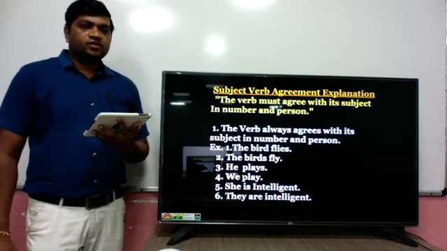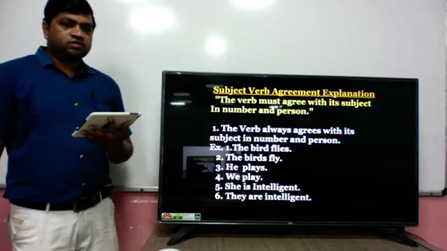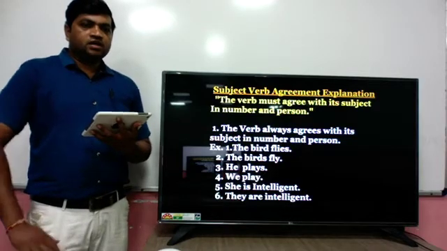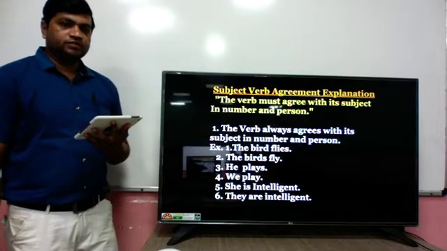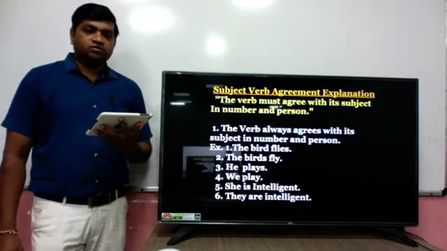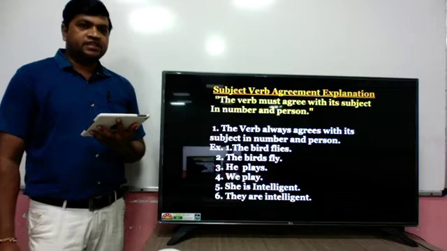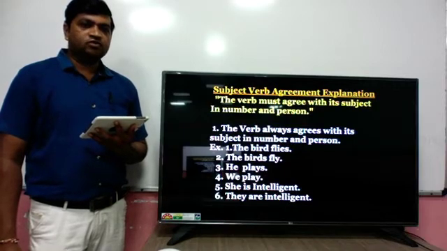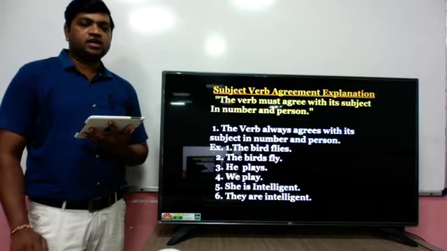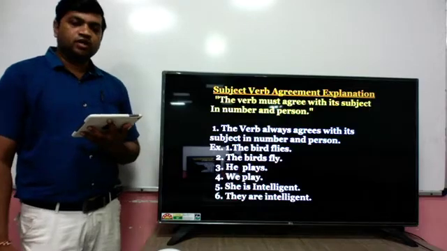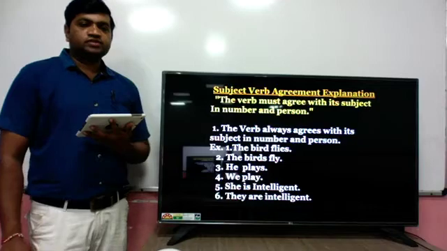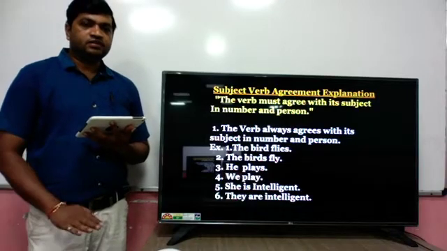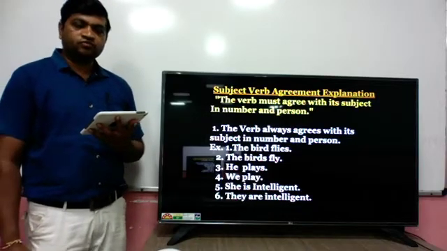As we know, nouns are singular and plural, and in the same way the verb is also singular and plural. When we add s, es or ies to a singular noun, it changes into a plural noun. The same way the verb is also singular and plural, but regarding the verb, the